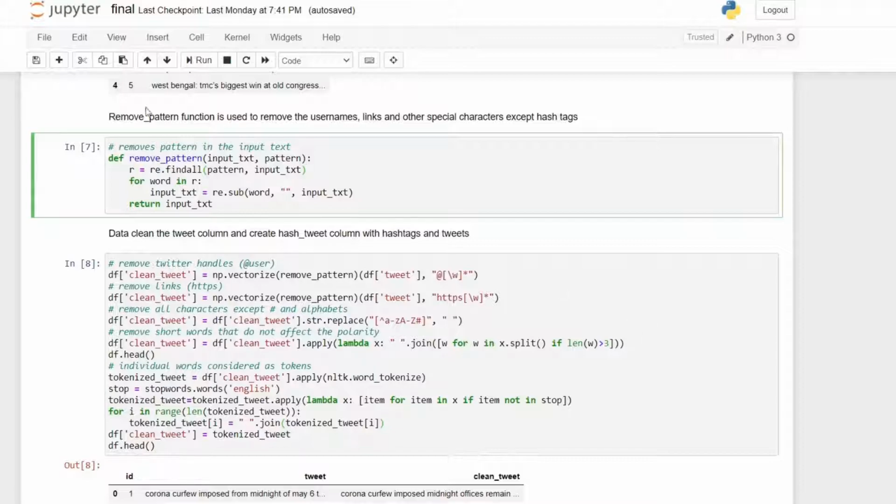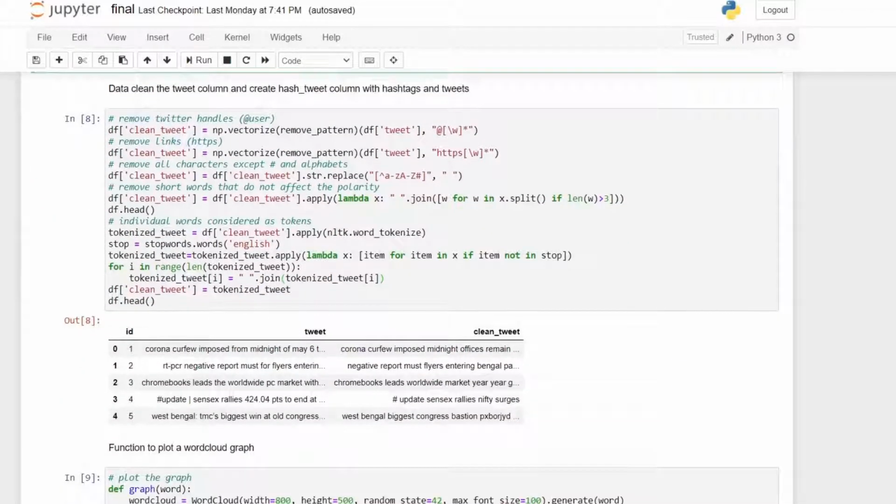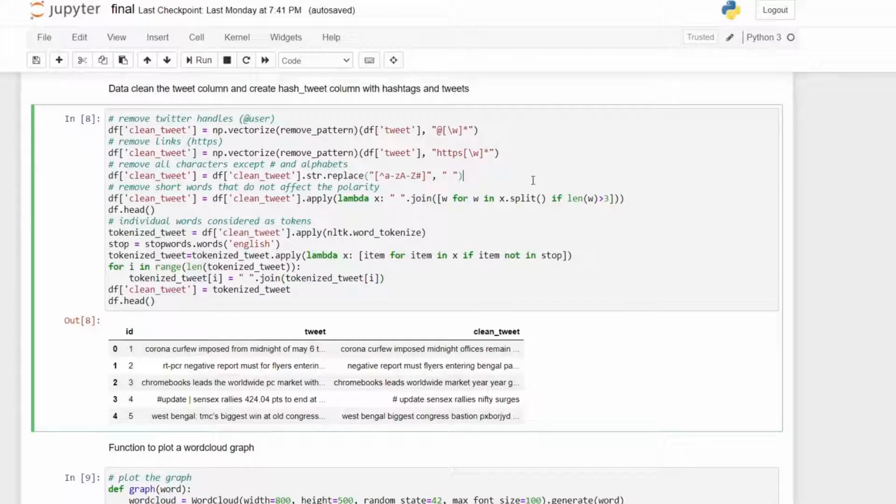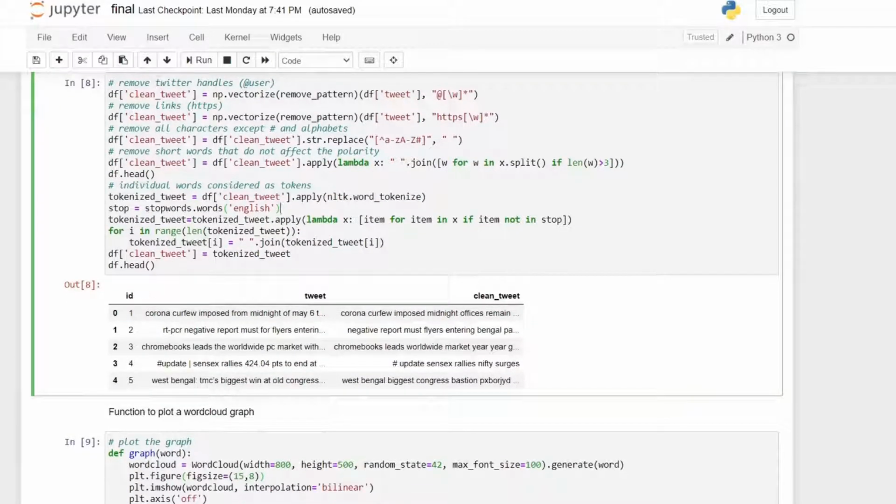We are defining a function that removes any pattern. It takes as input the text and the pattern to be removed. We are removing the Twitter mentions that start with @, HTTPS links, and all numbers and 2-letter words that do not represent any sentiment. Next, we are tokenizing the words to remove the stop words that do not represent any emotions. We are using the stop words function in the NLTK package and removing those words to get the tweets without any